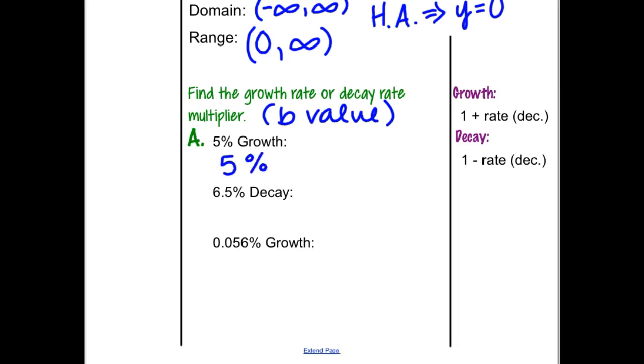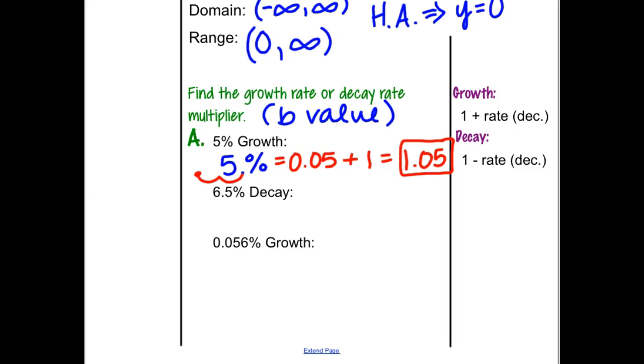5%. Remember, our decimal is right here. To change a percent into a decimal, we move 2 places to the left. So this is 0.05, and then we're going to add that to 1. So 1.05 is going to be our b value. Now our next one